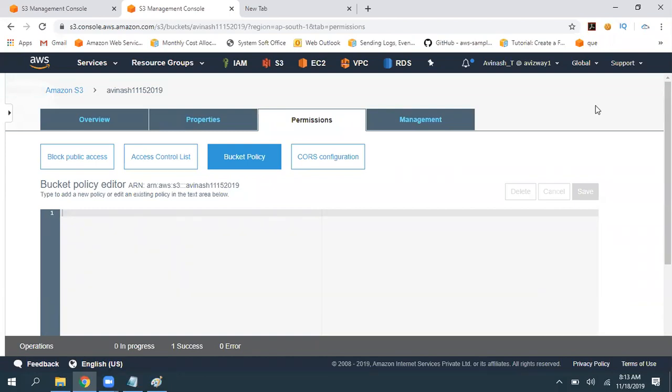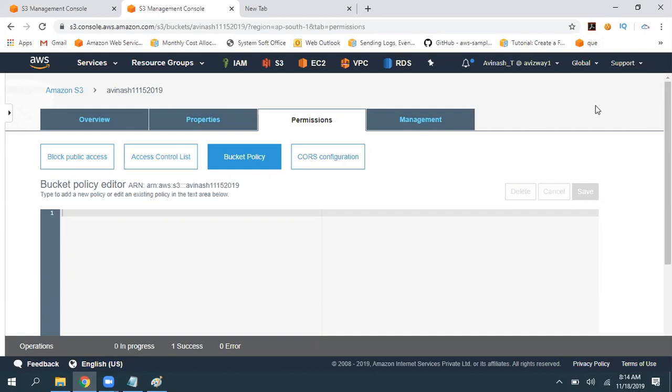So when that particular IAM user comes and tries to access, this is going to be evaluated. If it is allowing, then yes. If it is denying, then it is going to reject. We discussed that if you allow 1,000 times, but you are denying in at least one layer, deny is going to take effect. So I'm denying some operations at bucket level.